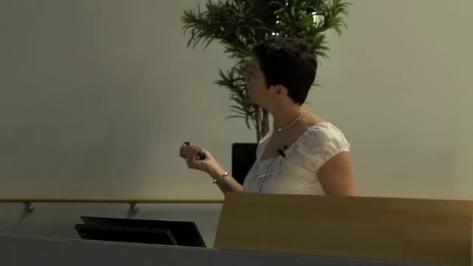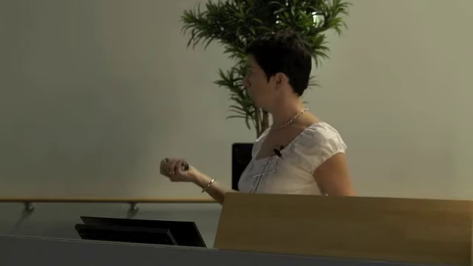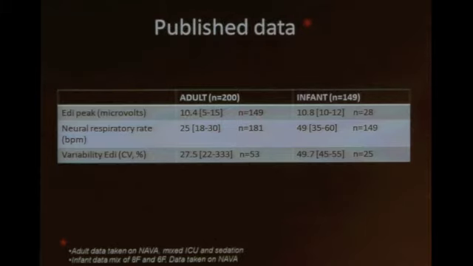The published data also shows, if you're curious, what the mean EDI values are in adults and in babies. If you look at the data that I was able to put together, out of 149 adult patients who were ventilated on NAVA at the adequate or comfortable level, although a mixed population, the mean value was 10.4 microvolts. When I went through all the infant studies on NAVA, 28 reported the EDI values. The EDI peak values on average were 10.8, very, very similar numbers,